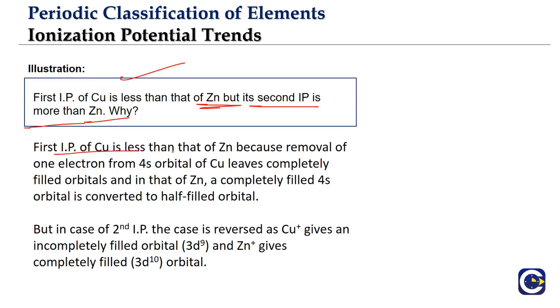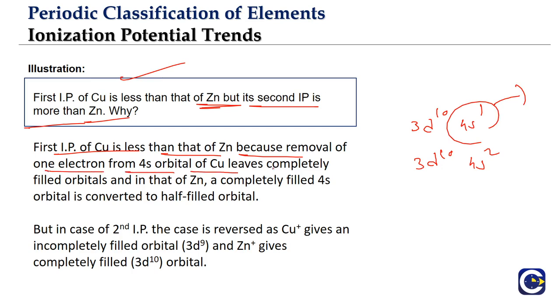First ionization potential of copper is less than zinc because of what? If you look at the copper arrangement, just looking at the outermost structure, it is 3d10 4s1, the abnormal arrangement of copper. What about zinc? Zinc is 3d10 4s2. If you are removing one electron, here we will remove from 4s1. So in case of copper, one electron of the 4s will be removed. If you remove that one electron, we will get to 3d10, which means all these subshells will be completely filled.